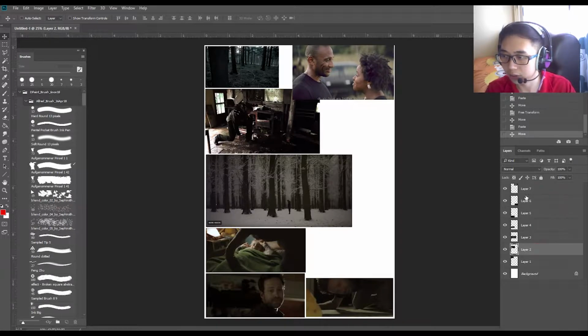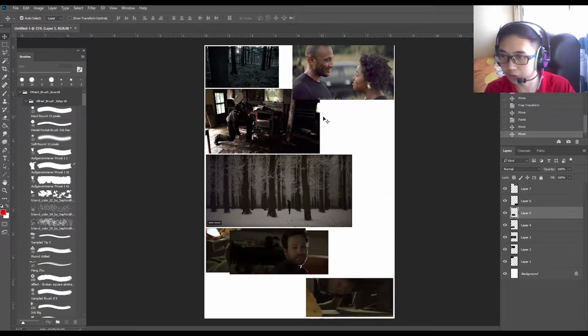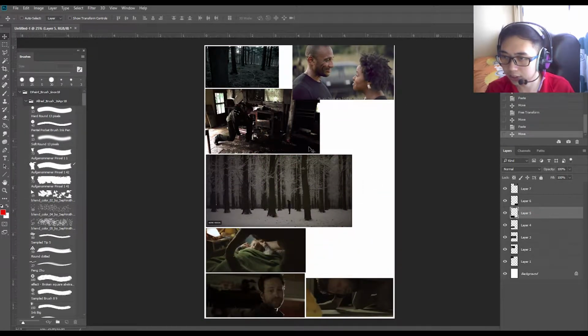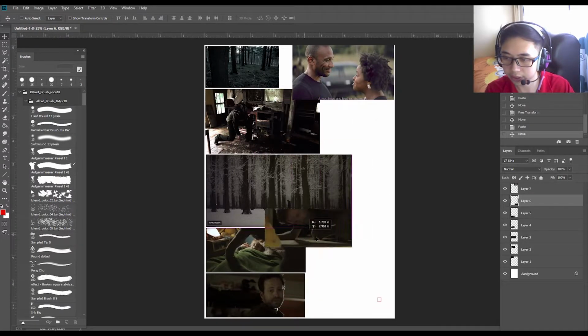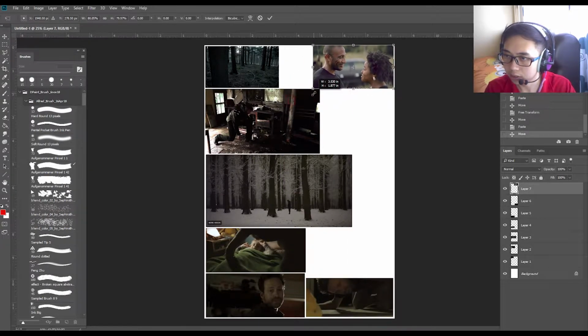So let's say I only want to move layer 5. I will not accidentally move layer 6 when my mouse is over it. I will only move layer 6 of this layer. Layer 6 is this one. I'll only move layer 6, which is this one, if my mouse is over it and I hold Control, left click, then now I can move this layer. Anyway, so I'll size this down, and